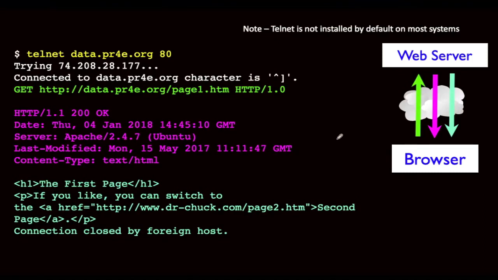But if you get in a command line, whether it's a Windows command line or a Mac command line or a Linux command line, and you get Telnet properly installed, you can type the following command: telnet datapr4e.org 80, and then hit enter. And at that point, telnet originally was used to log into computers, but if the server we're talking to and the protocol that we're talking to is simple enough, and in this case HTTP1 is simple enough for us to be able to do this,